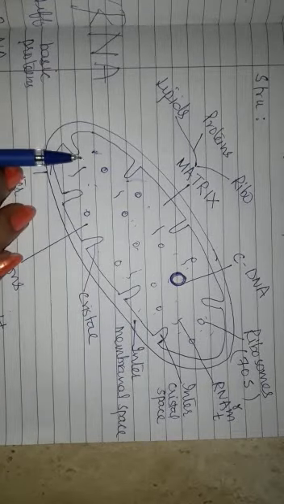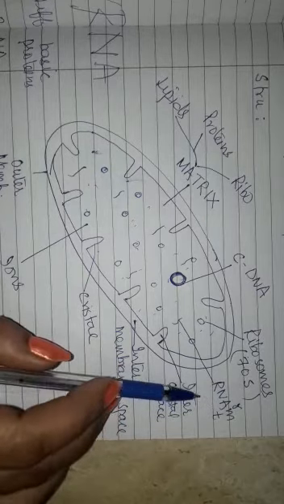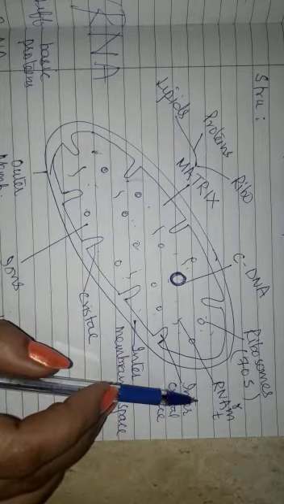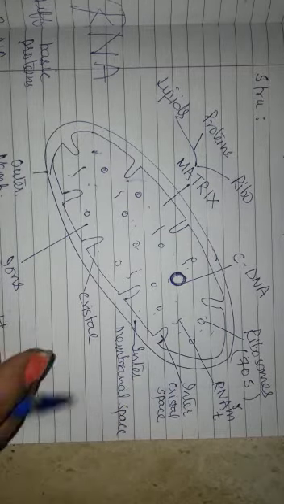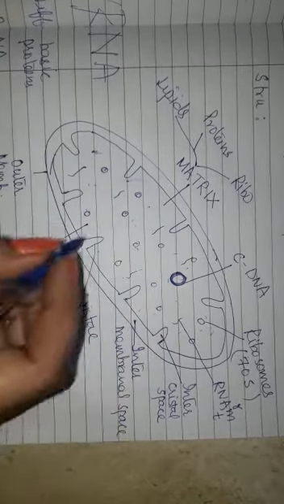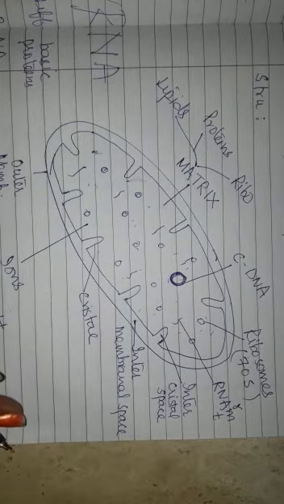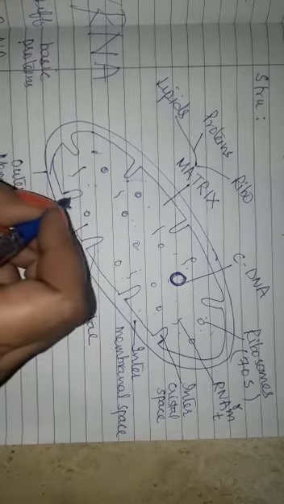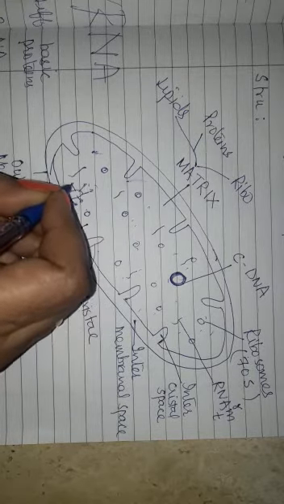So the matrix consists of proteins, some lipids, 70S ribosomes, all three types of RNA, and certain fibers, crystals, granules, etc. This is the structure of mitochondria. If we see through the electron microscope, on the cristae are located